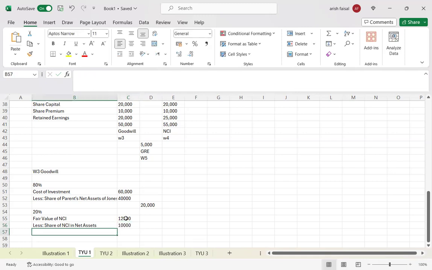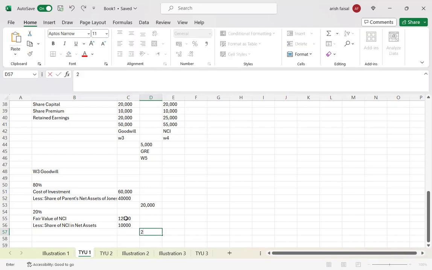So the fair value of the NCI is up by 2,500. So that means that's their goodwill. So the total goodwill we get will be 20,000 plus 2,500. So in that case, it will be